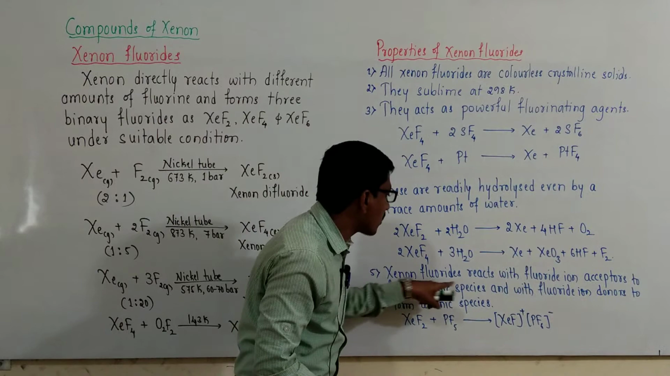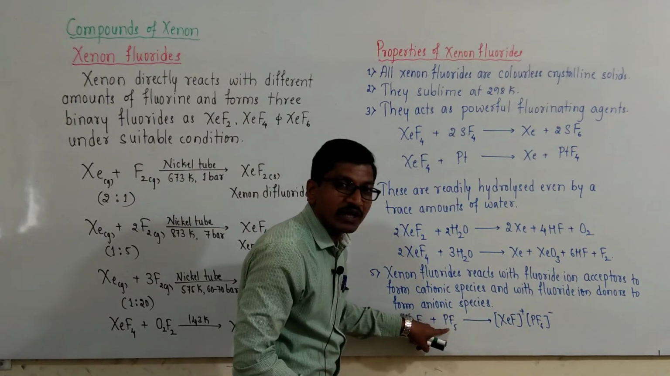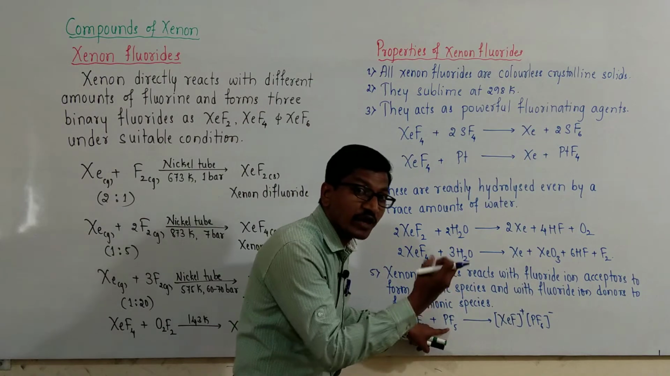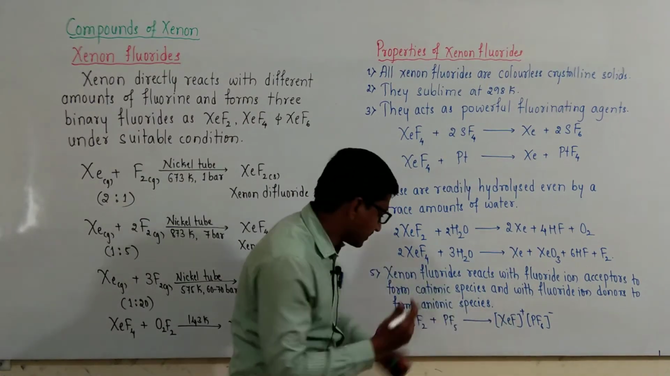These xenon fluorides react with fluoride ion acceptors. PF5 acts as a fluoride ion acceptor and these xenon fluorides form cationic species. Similarly,